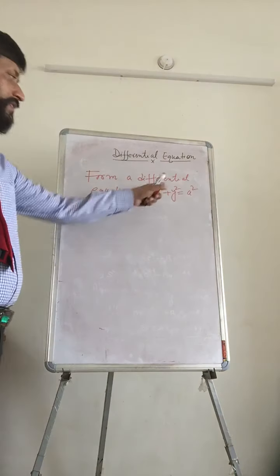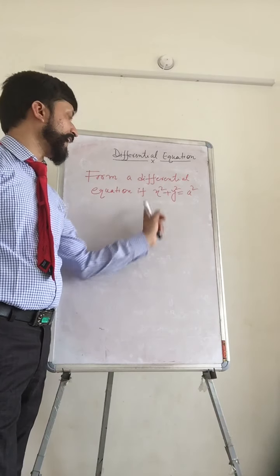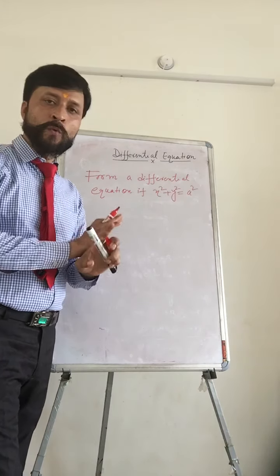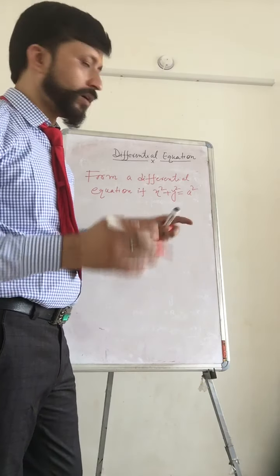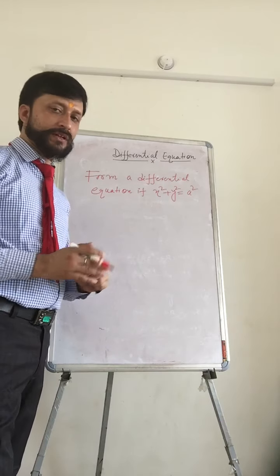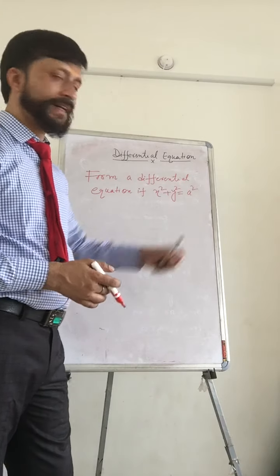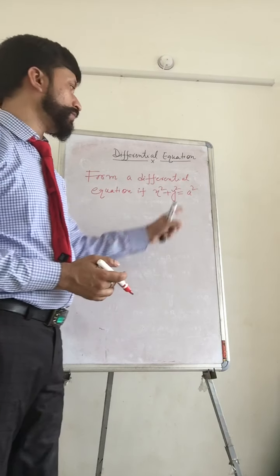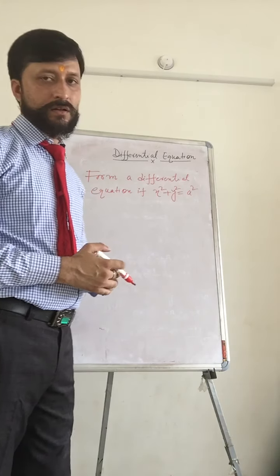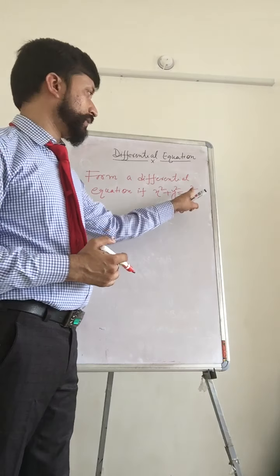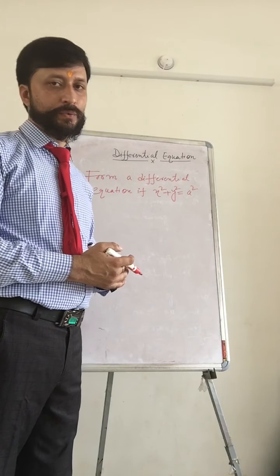This is called the equation of a circle. Now, you are asked to form a differential equation if x square plus y square equal to a square. No other information is given about whether you have to eliminate a or not. So in a question like this, what you have to see is how many constants are there. There is only one constant and it is a. So this means you have to find the first order derivative and eliminate this. And after eliminating the constant, the expression you get will be your differential equation.